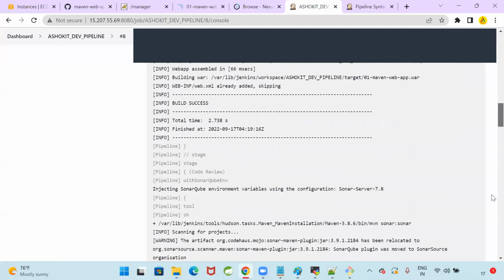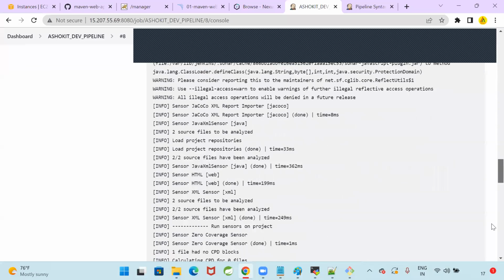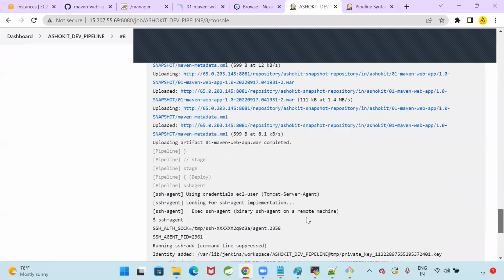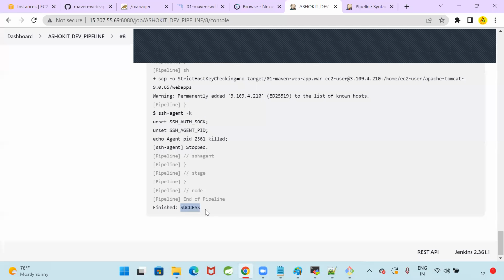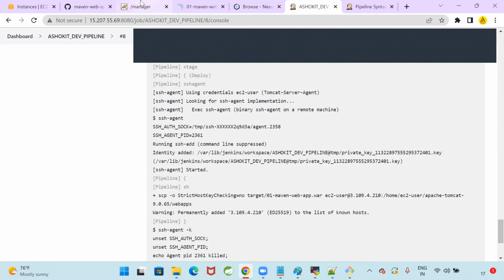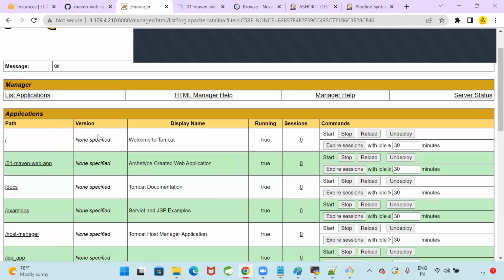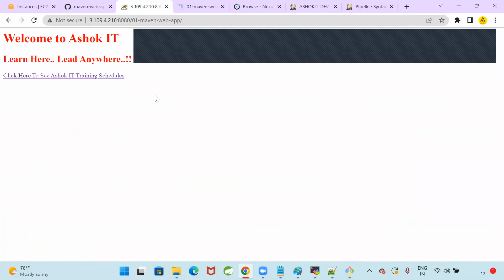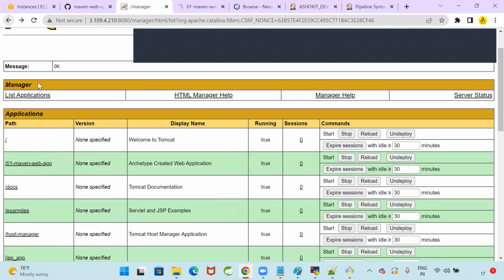Scroll down. What is this? Success. Now go to our Tomcat list applications. Can you see the Maven application is deployed? Yes. Now, can you click on this Maven application? Is it running? Yes, sir. So whenever I run the job,